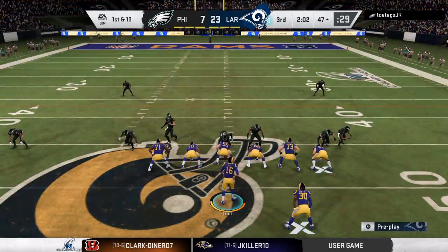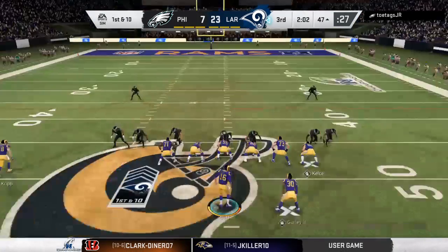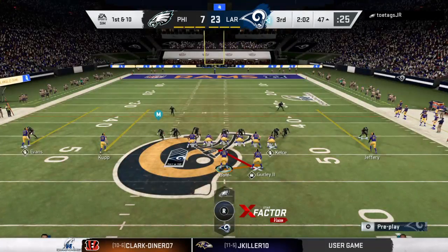Extra hut. 20. Tighten up. Pull it together. 49, check 49, check